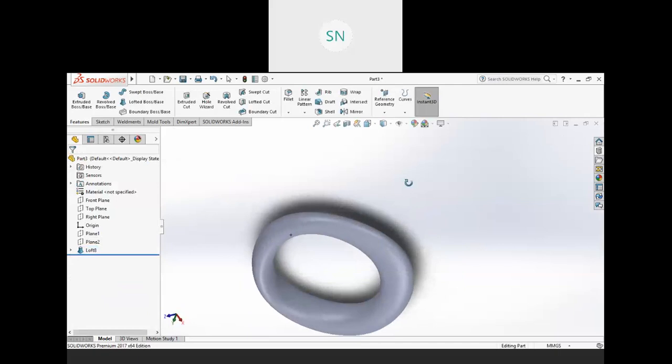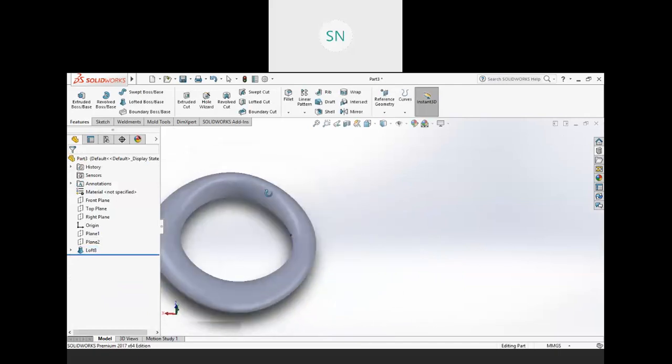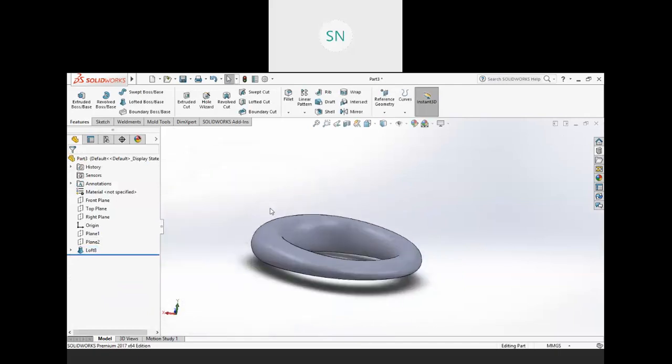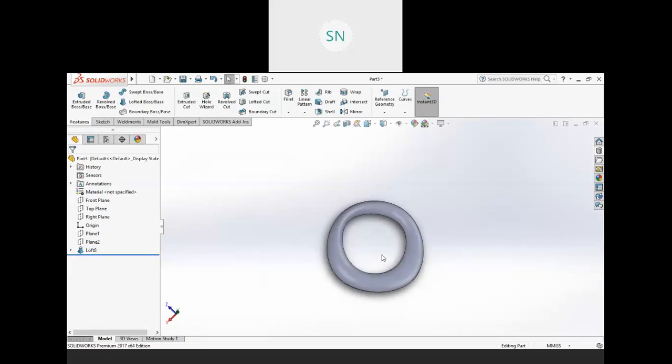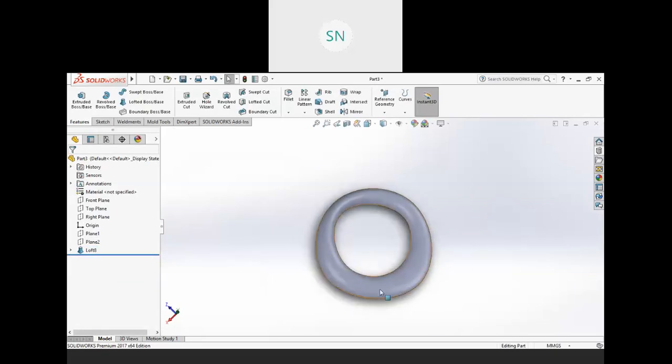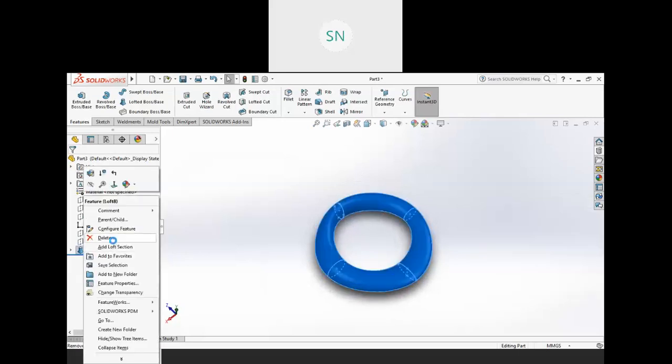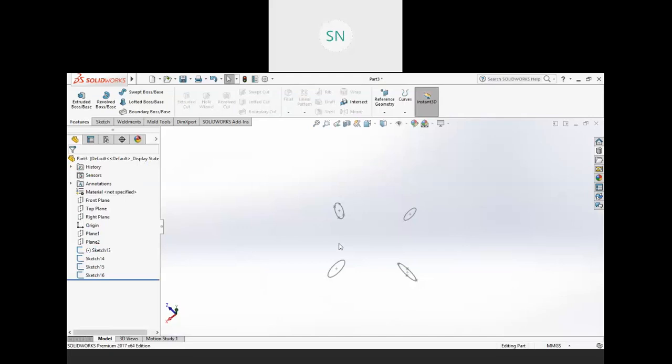This shape is not that cool, right? Why? Because it's not properly circular, right? So for that, if you want to add a particular guide curve, see, we are not able to add